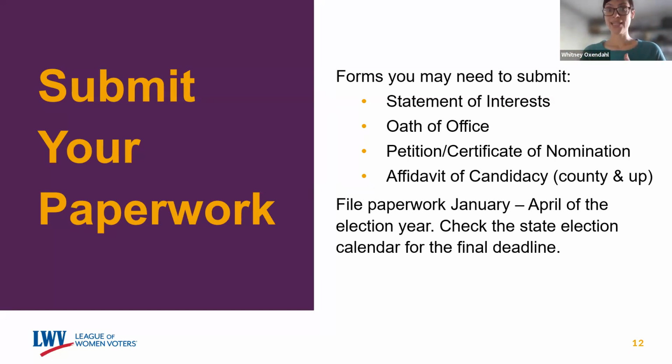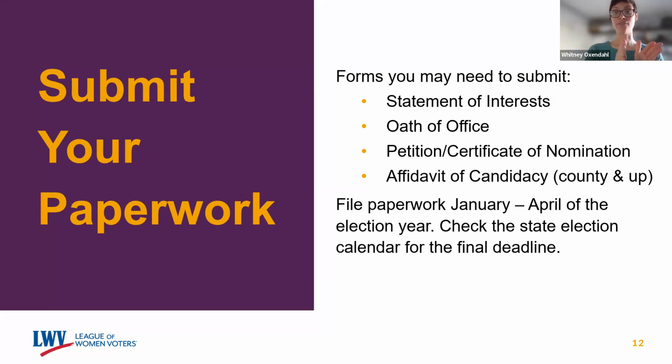Okay, so the third one you see is the petition/certificate of nomination. If you have to gather signatures, this is the form you fill out. If you're not gathering signatures, it's not this form. And then if you're thinking about running for county commission, there's an affidavit of candidacy, which is a pretty simple form, and you do have to have it notarized. It has your contact info, you write it on there, and then you notarize it. All right, so those are the paperwork for the local offices. There they are, and they're all on vote.nd.gov.